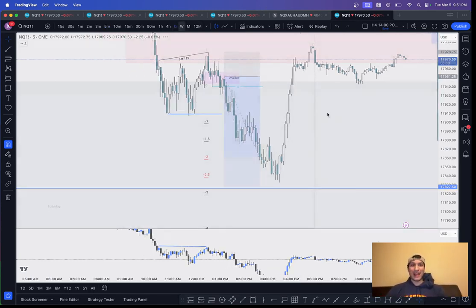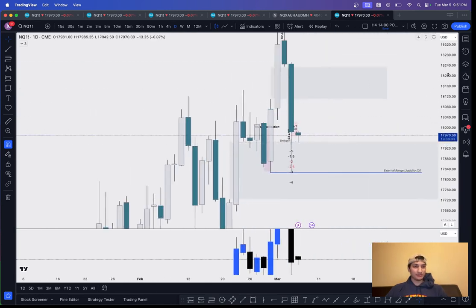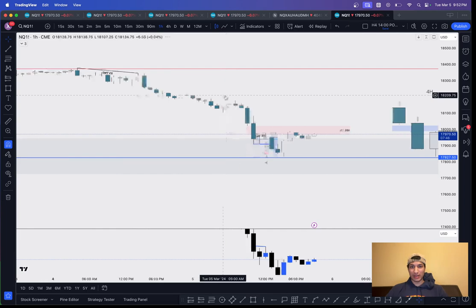We're moving from the expectation of daily PD array, swing high, to daily PD array, swing low, because this intermediate PD array right in here, this fair value gap, is not being respected on our intermediate time frame. So we assume we're going lower. So once we get those two conditions met, right, SMT, ERL on the daily, our hourly frames the complete market